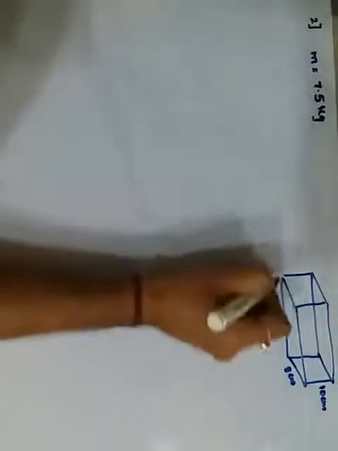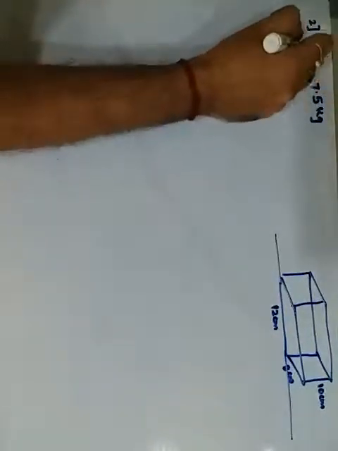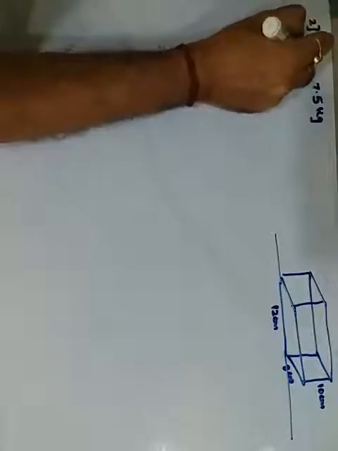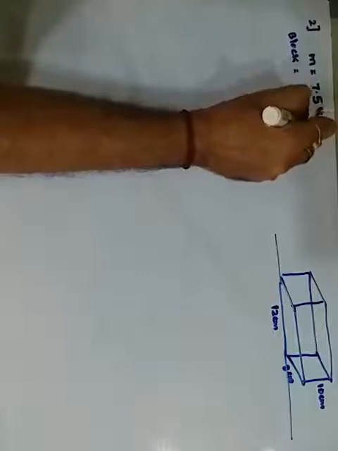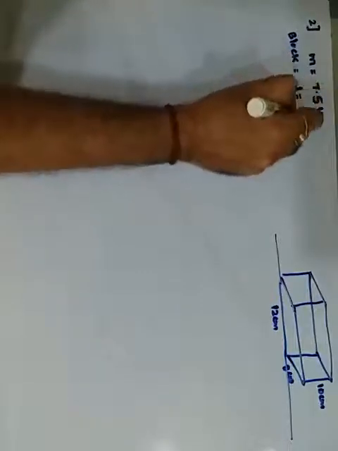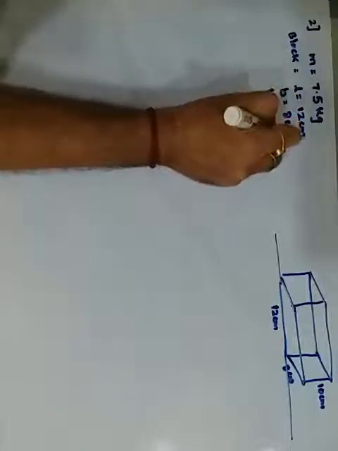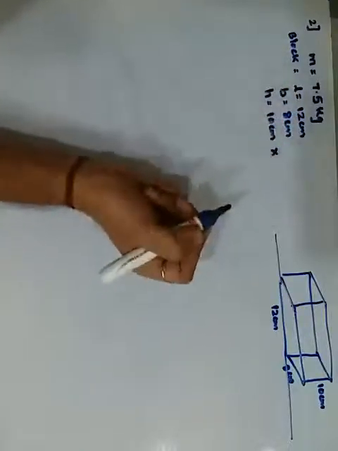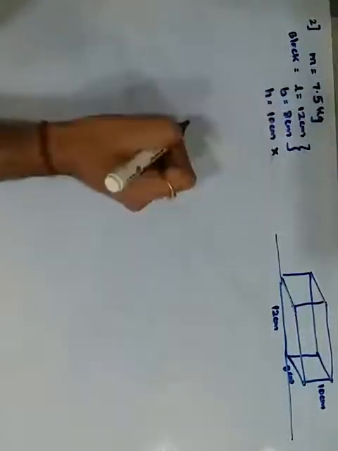Understood? Okay. Now this is kept on a table, but on which face? On this face. This is kept on a table. The area for the block: they have given the length is 12 centimeter, breadth is 8 centimeter and height is 10 centimeter. Here this height is of no use. It is kept on a tabletop on its base using this length and breadth.